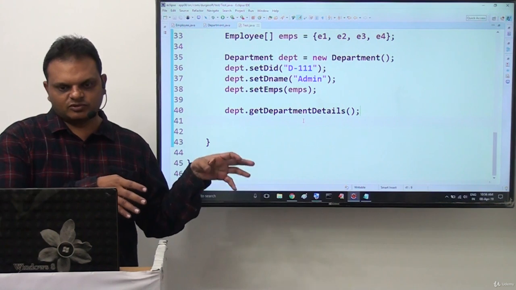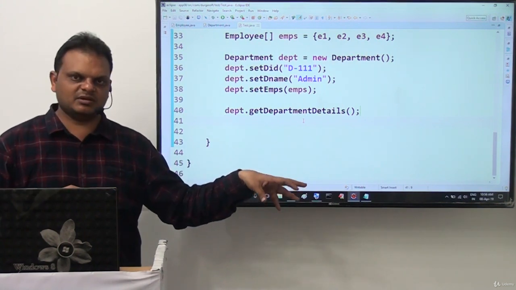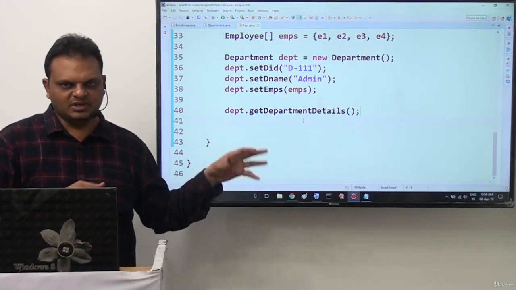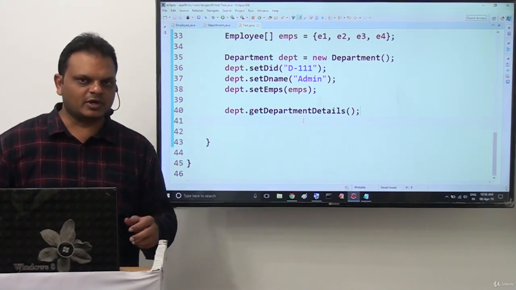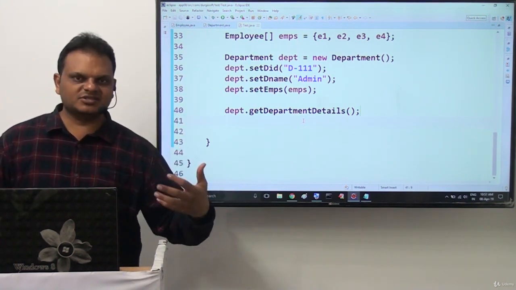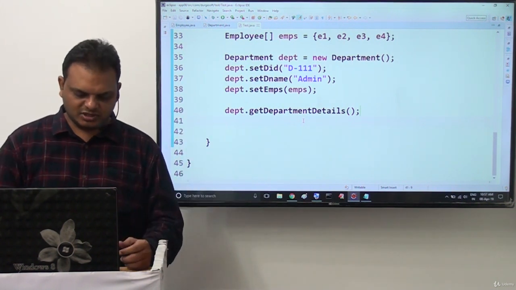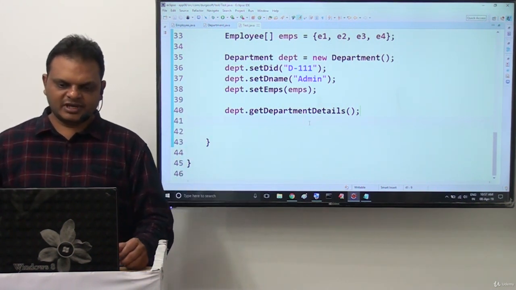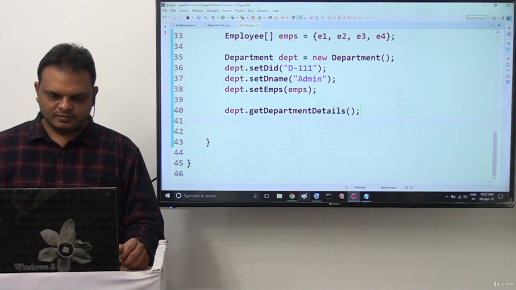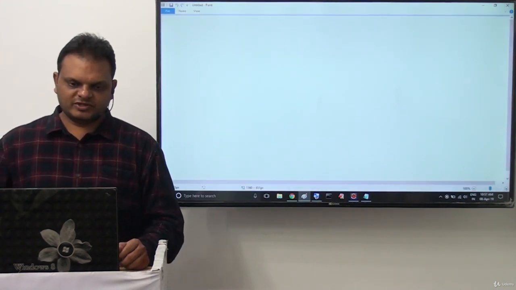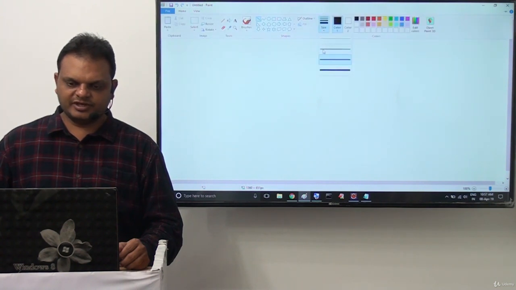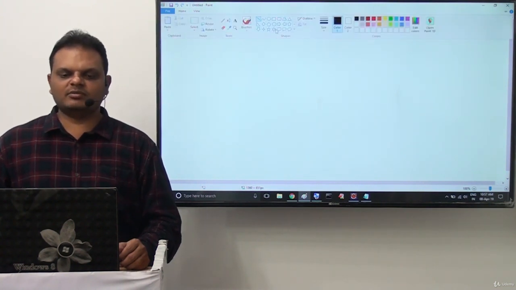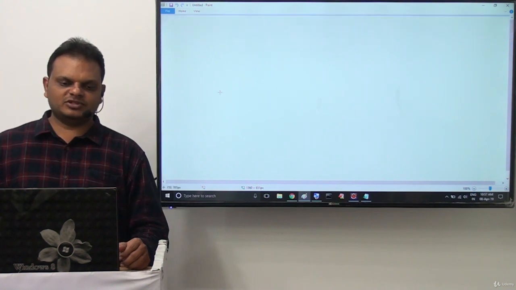Now with respect to these constructor dependency and setter method dependency examples, I want to show the data flow diagram, how data is adjusted between all the objects. We are going to see the total data now. Observe clearly. First of all, how many departments are created here? A single department object. But multiple employee objects are available.